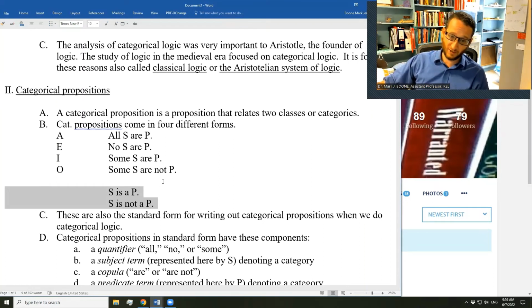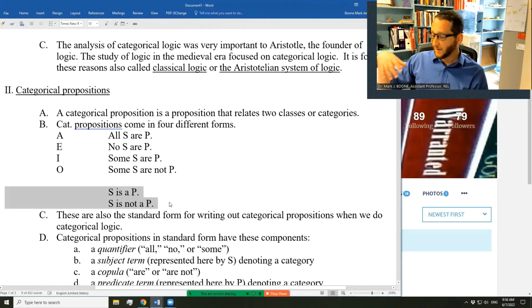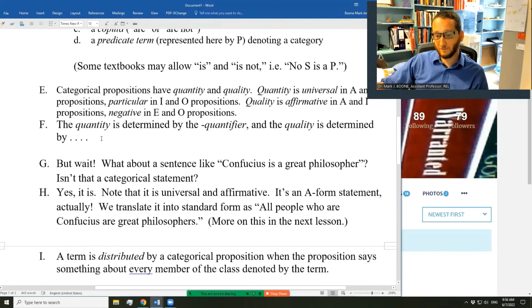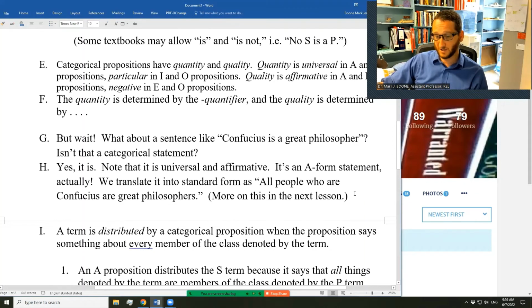I don't approve of this approach because it has a lot more work later, because you have to change all your methods of checking arguments for validity or come up with new methods for these kinds of things. But anyway, it is a thing that can be done. And for a simpler study of logic, I strongly recommend